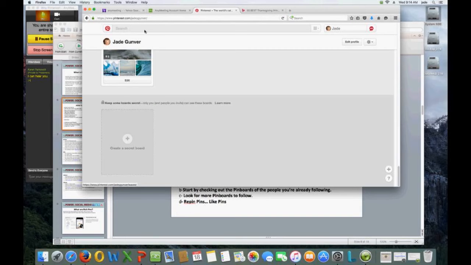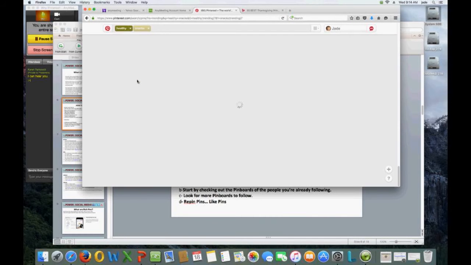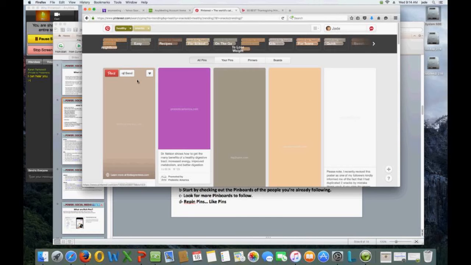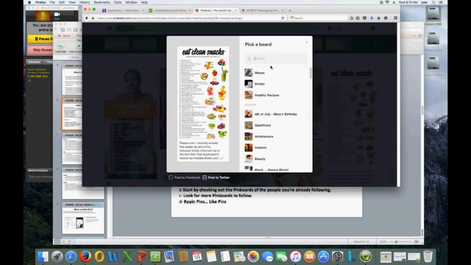So that's why when I do research, let's say healthy snacks, now it's getting to be a really trending topic. So we're getting healthy and healthier. We want to live longer, but not only live longer, we want to have a healthy, longer, good life. So eat clean snacks. So I want to do this. I want to pin it. So when I want to pin it, it just takes me to this section.